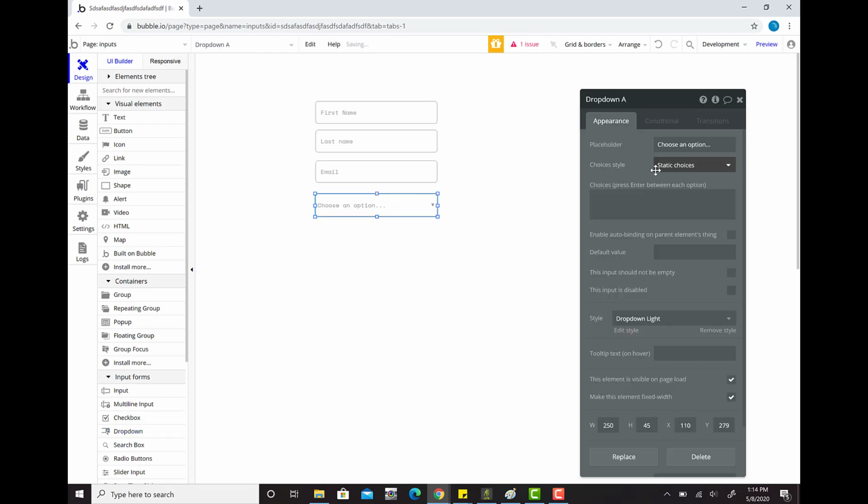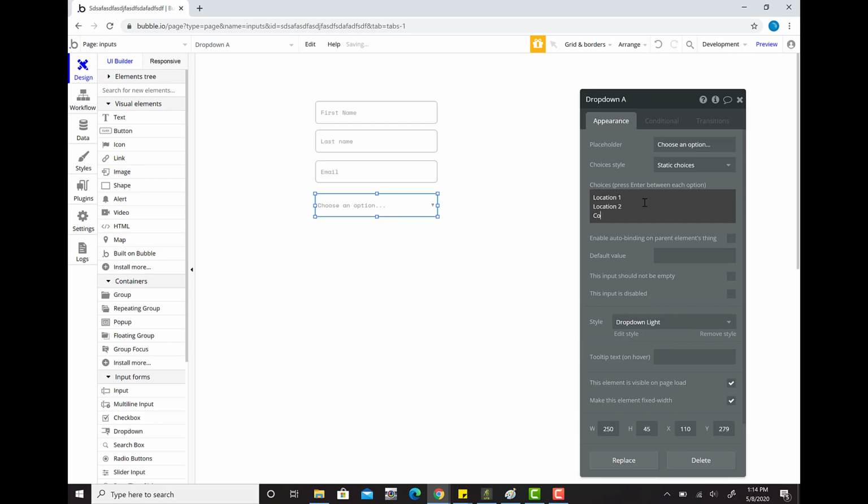But now my drop-down needs its own data. So I'm just going to leave this as static choices. Later, we're going to look at how you can make dynamic choices and how we can have it set so that you can actually update what would be in this list based on where you plan on going in the next year. But for now, let's take a look at just creating static choices. So do location 1, location 2, maybe we just want to call one Comic-Con, right? And what we get here is the ability to add these choices. So I've added these 3 in,